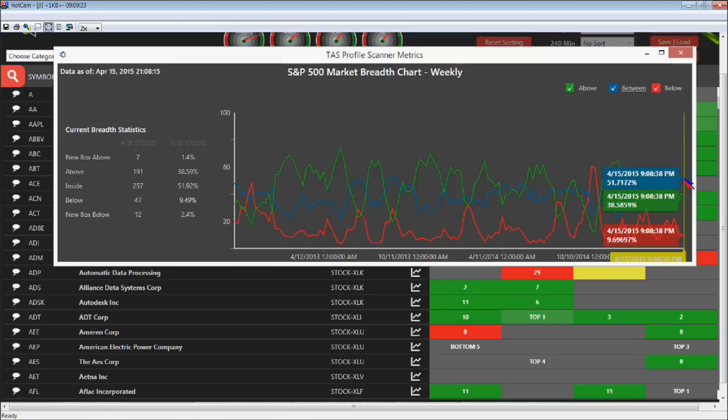2063 on the S&Ps on the June contract, and we've traversed above the dailies. This middle ground continues to rise, and that means the signal in itself is really not as strong as we want to see in a breakout type fashion. Now, 47 stocks on a weekly are still trading below. That's 9.7%. This is updating real time, as you can see, and new boxes below 12. So that's really insignificant. On our dailies you get a similar situation here to analyze for yourself. You can come in with this product, kill the middle ground if you want to, and just focus on what's going on with